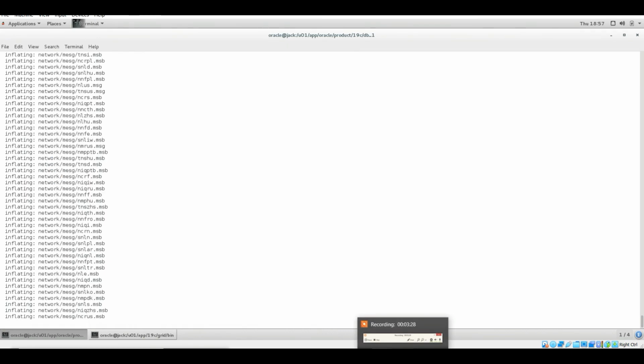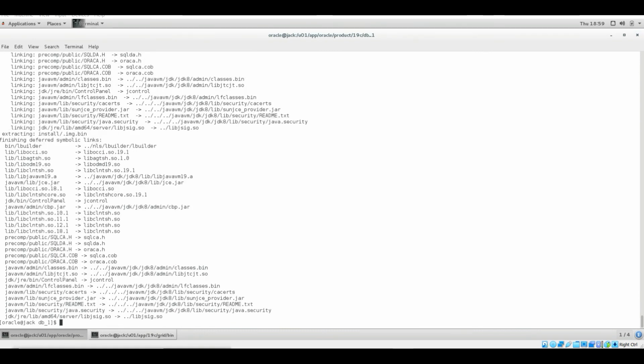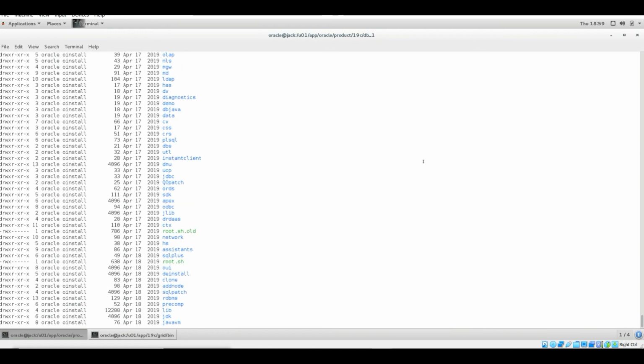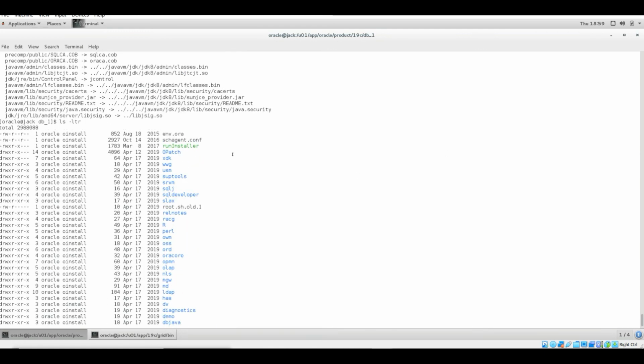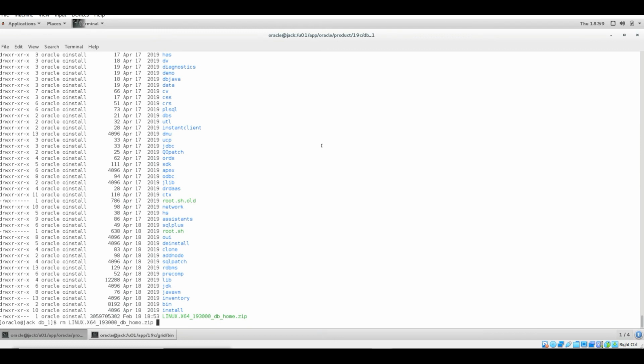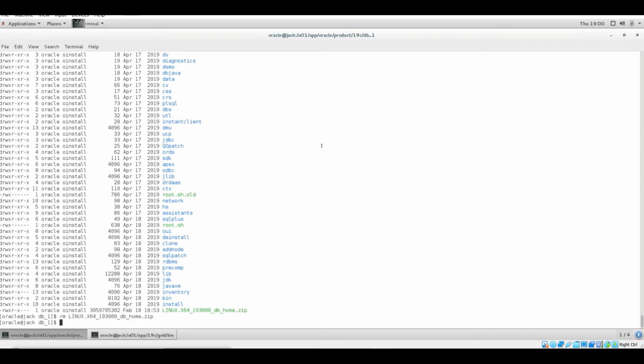I will pause the video till it's unzipped. So this has unzipped. Now I need to install it. I will have the runInstaller over here. Yes, it is there. Let me just remove this zip file, or else it will be taking the space from my system.